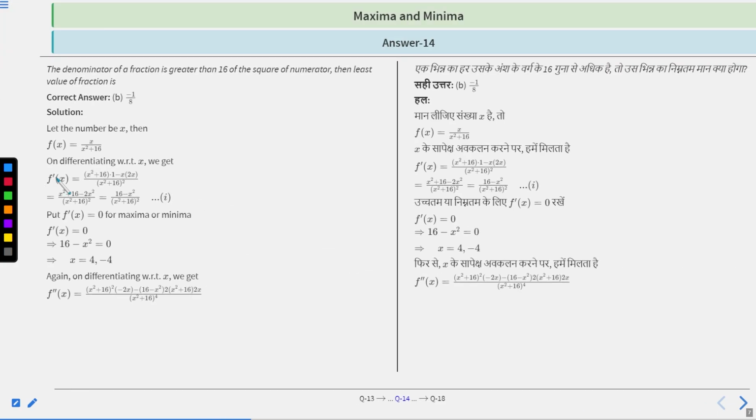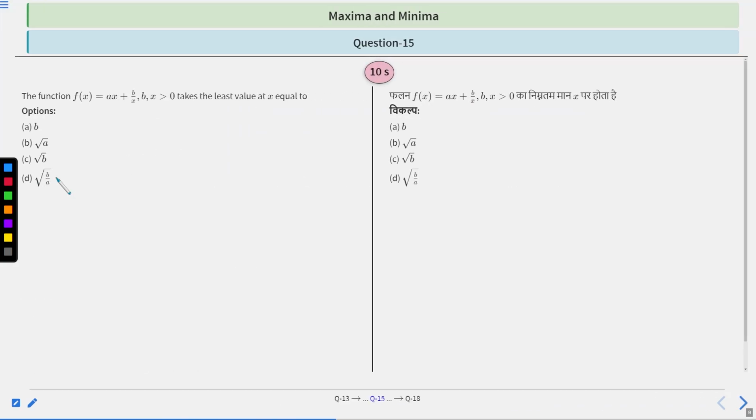Let's move to the next question. Question number 15, which says the function f(x) is given as ax plus b by x, where a, b and x are greater than 0, takes the least value at x equal to. So f(x) is given. Therefore,